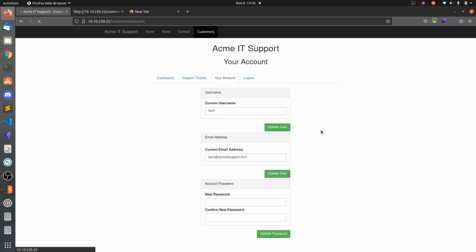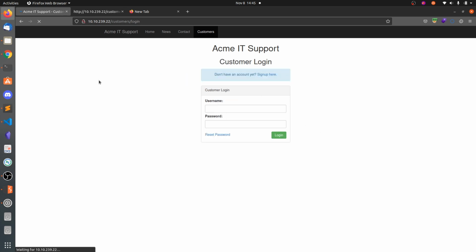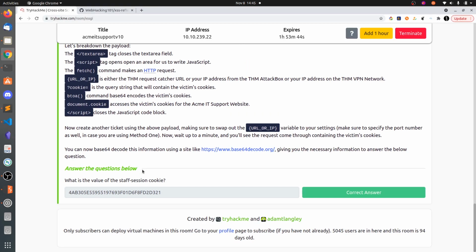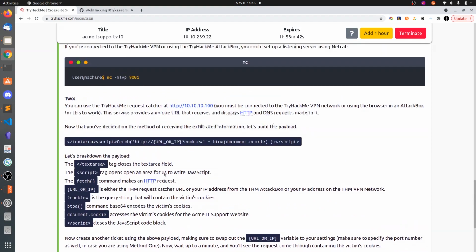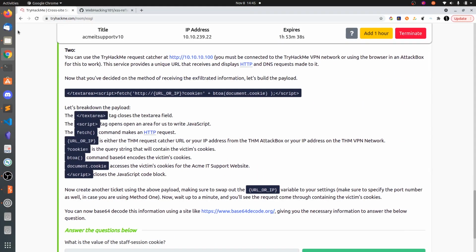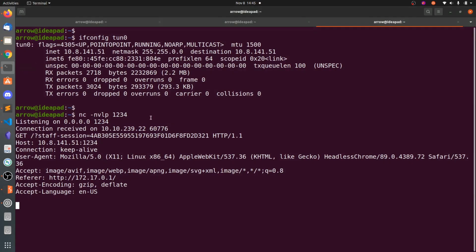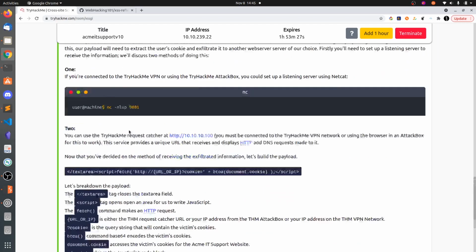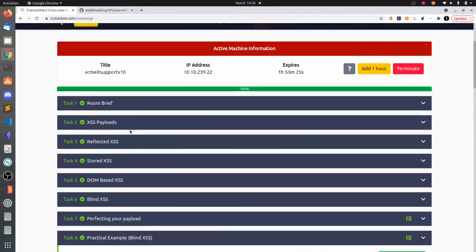So save this and let's enter again. Refresh this page, and now you can see it is asking for login. So they are asking just for the cookie, but in a normal website, normal sessions, you can just go ahead and change your cookie to the cookie you got from the request, and now you get logged in as that user. So that's all about this room, XSS room from TryHackMe.